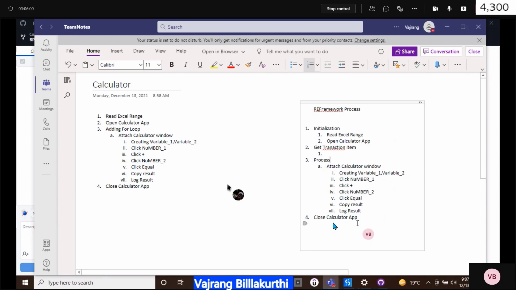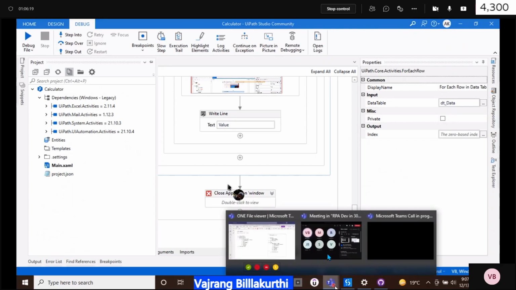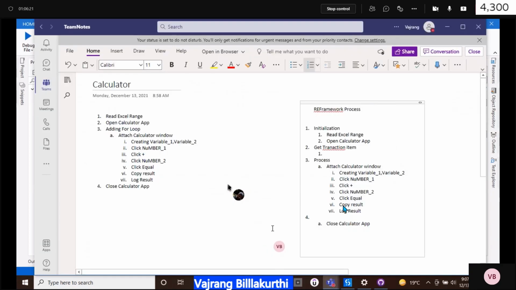And here closing calculator will be inside End process. What is the process name? End process. Exactly.